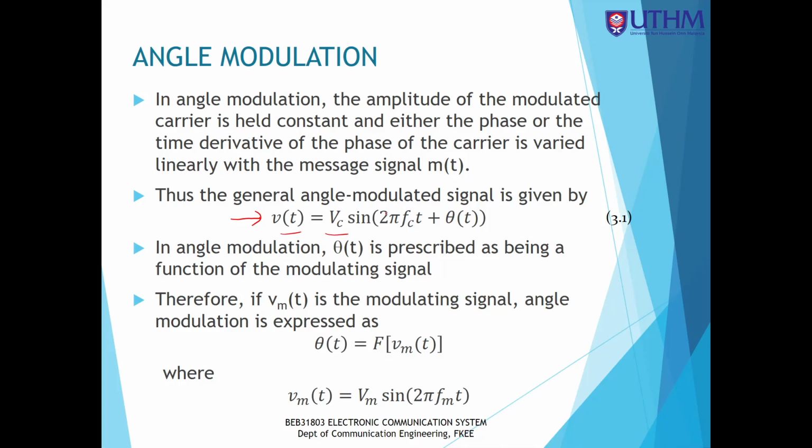Vc sine (2 pi Fc t plus theta t). Okay, and make sure that you make a big bracket here, because all of these belong to the sine function. Theta t is a function of the modulating signal. Theta t consists of the modulating signal frequency. So theta t is a function of Vm(t), and Vm(t) is equal to, as usual, Vm sine